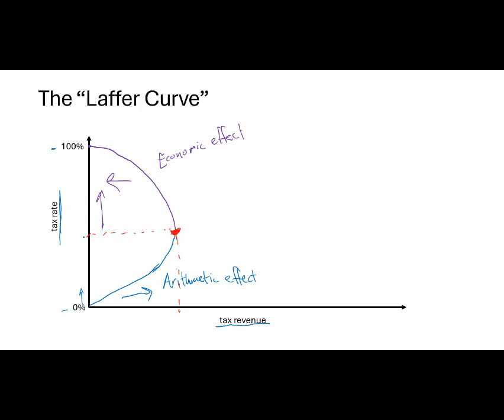Now, this is kind of an open question, and the only way to find this out, and it would be specific for each country and each time and place, would be to run different tax rates and see which one maximizes revenue. Now, Andrew Mellon, the Secretary of the Treasury back in the 1920s, really smart guy, I think he just kind of had a sense that that's probably somewhere around 25%. So probably the lower end of that would be 25%. I think Laffer and the current supply siders would maybe put that into the 35 to 40% range.